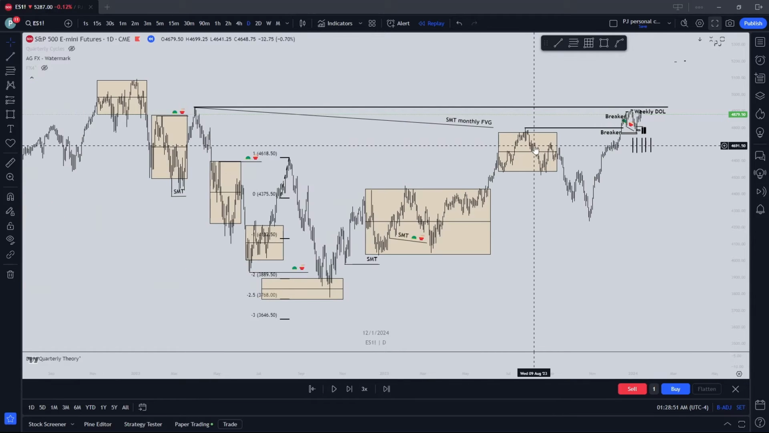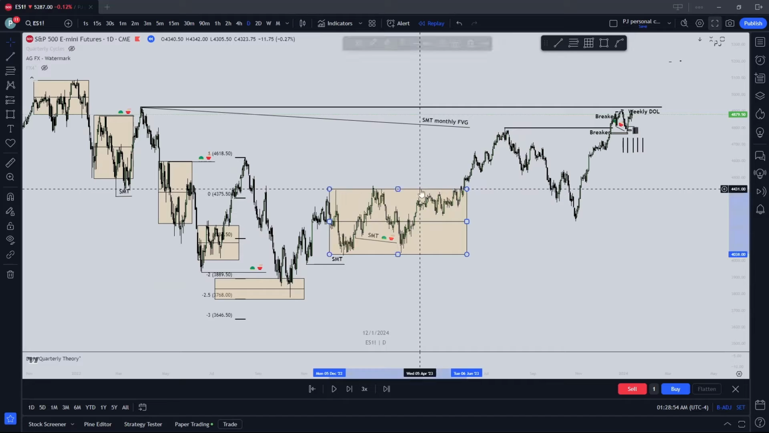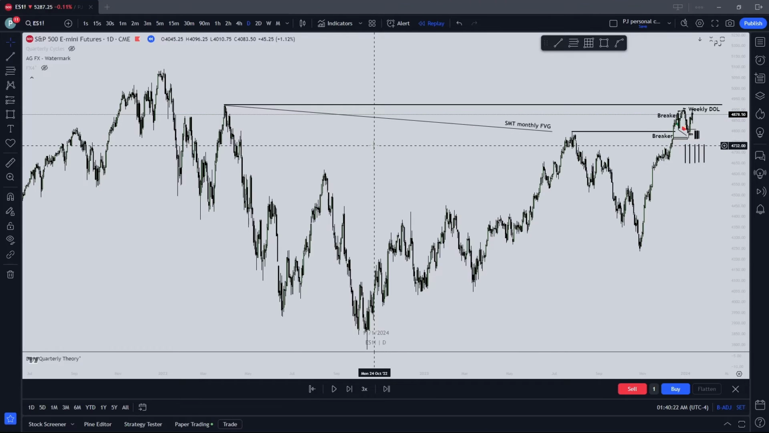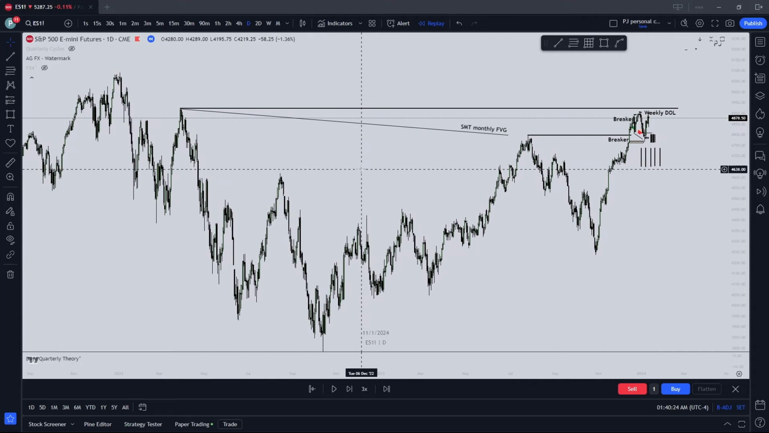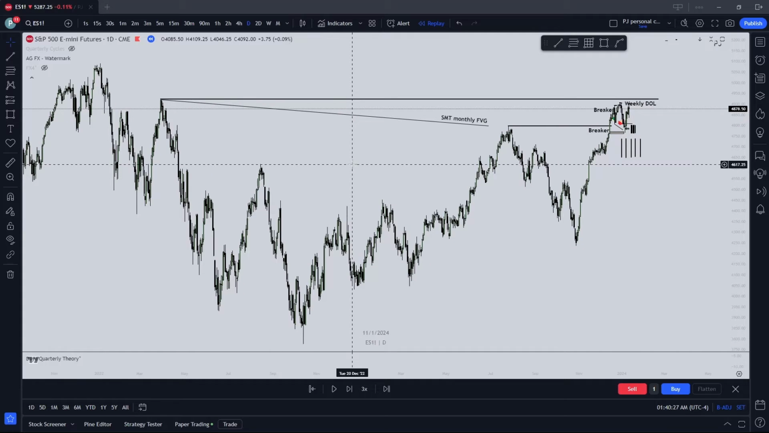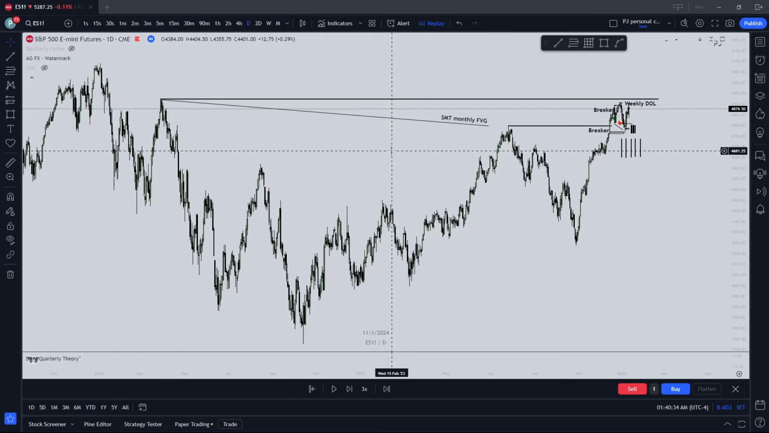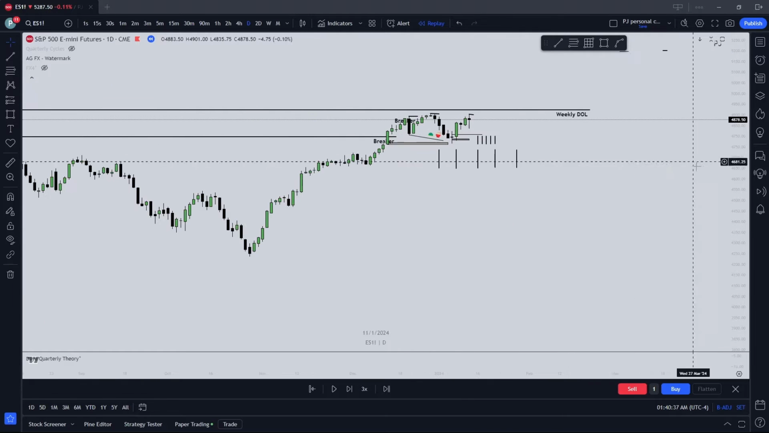So we're gonna go ahead and delete all of these. Okay, so now with everything deleted, we were just trying to see our high time frame order flow, see where liquidity was engineered, see if there were any high time frame market maker models, right? So now we zoom in